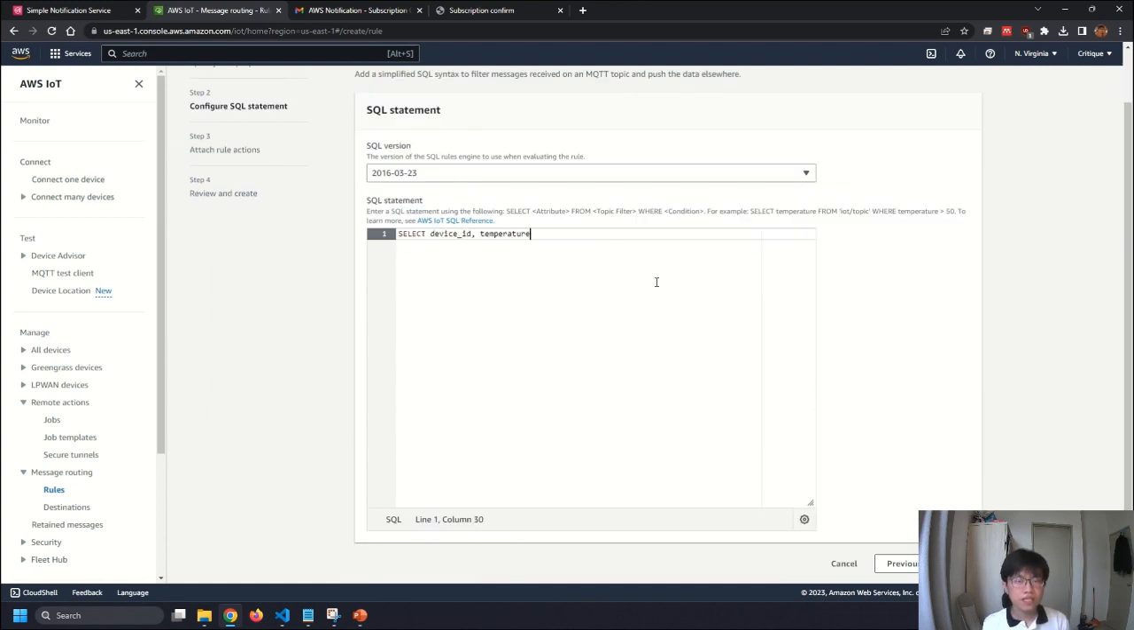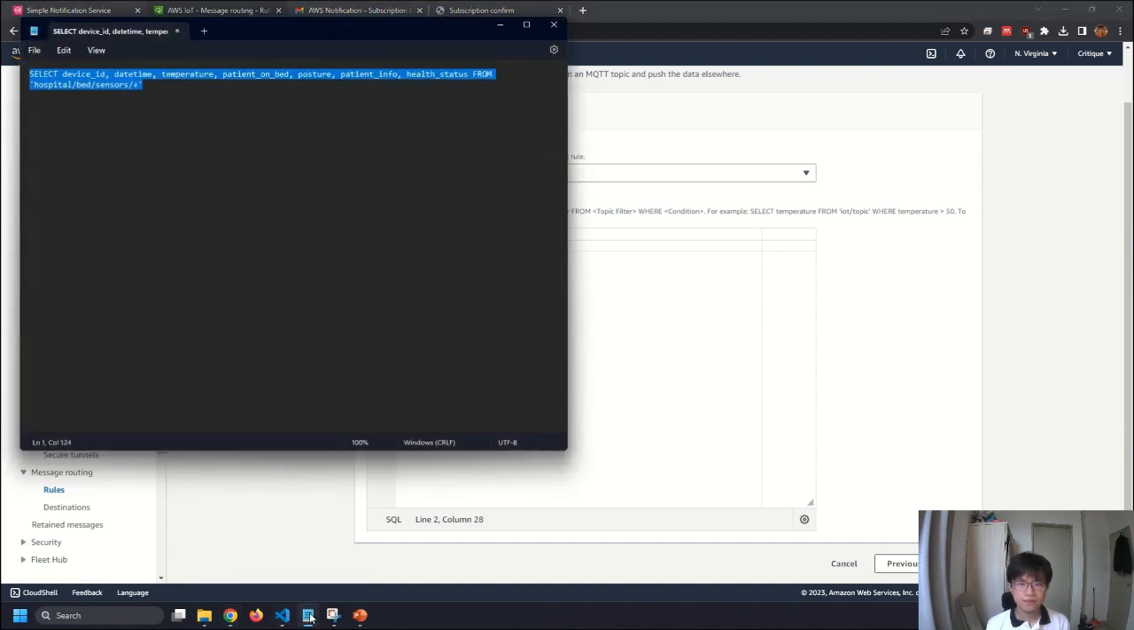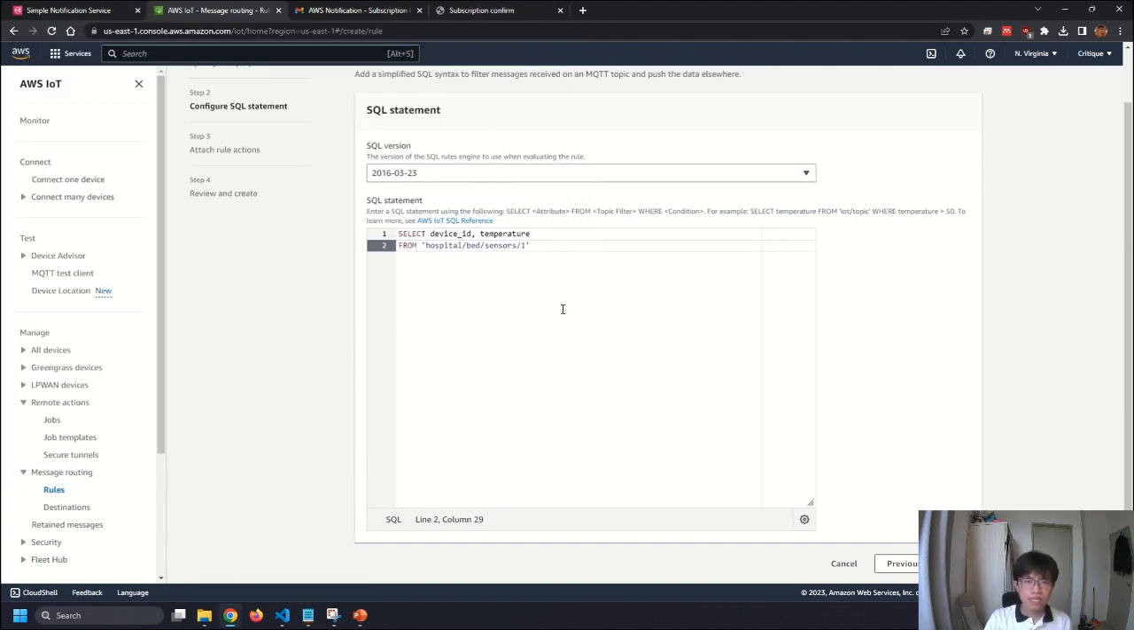So from whichever topic. So over here to demonstrate, we choose the topic from the first device, hospital bed sensors 1. And then we would like to set the condition, where the condition is the temperature more than 38. So once we confirm that our SQL statement is correct, we click next, and then we choose the action that